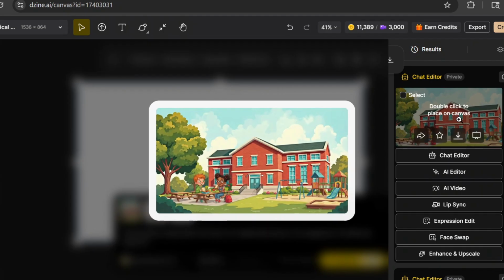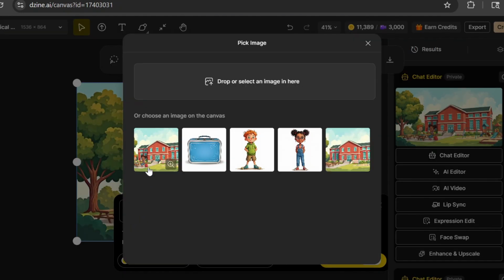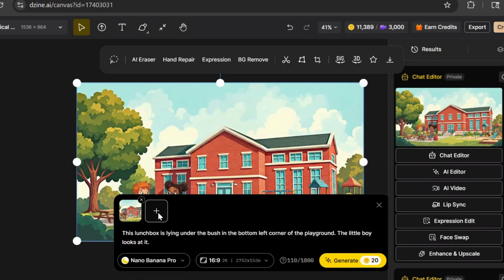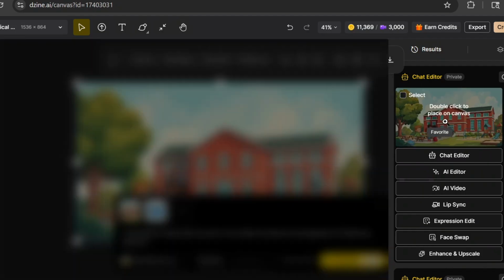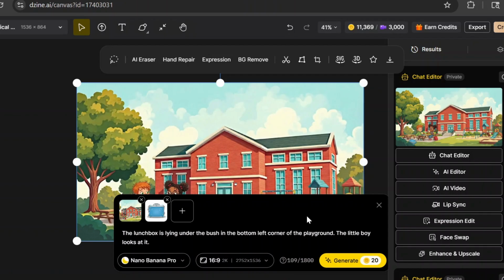From there, I reused this image along with the lunchbox image to create the next scene, where the lunchbox appears under a bush in the bottom left corner of the playground and the boy notices it. That result worked well too. You'll use this same process to generate all of the remaining images for your story. If you need to make small corrections or clean up minor issues, you can do that directly in the editor